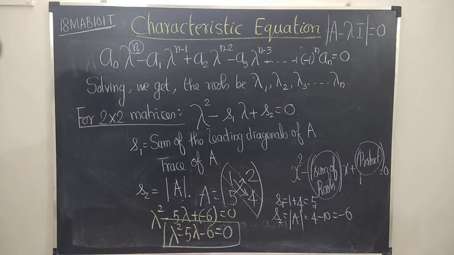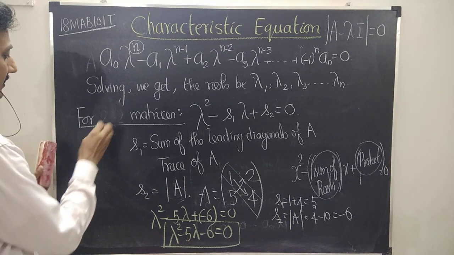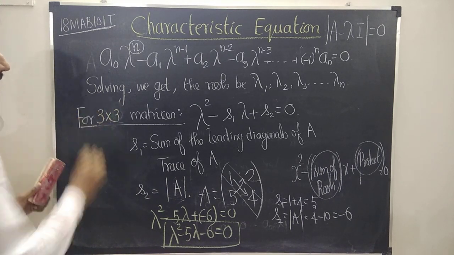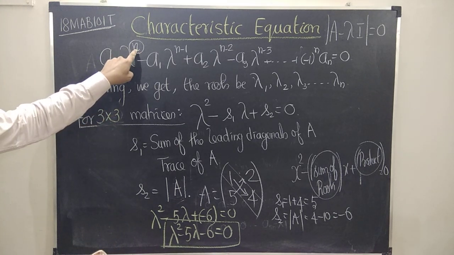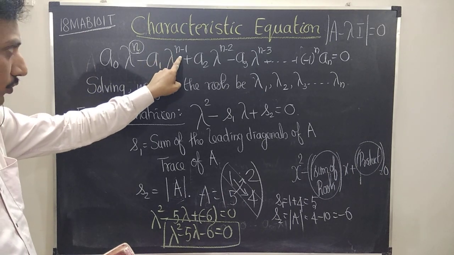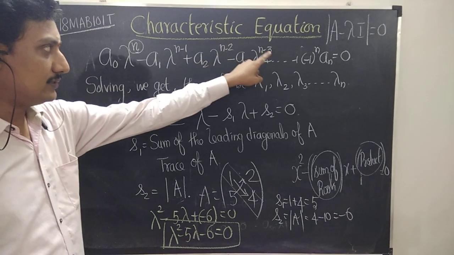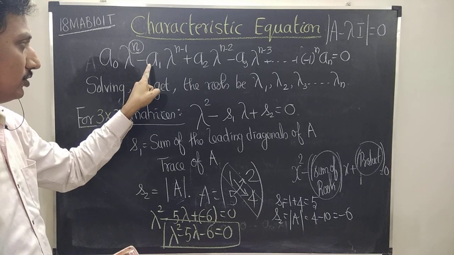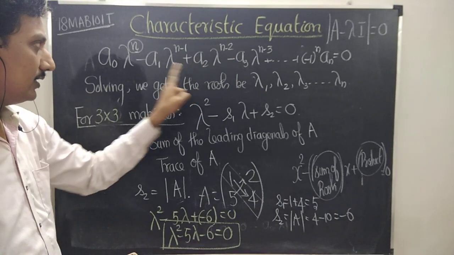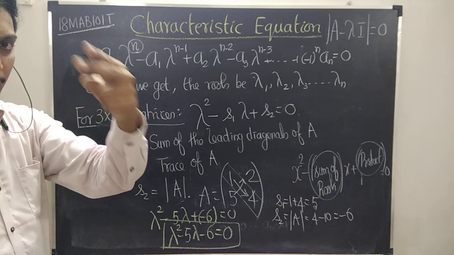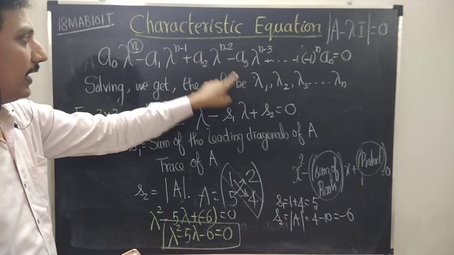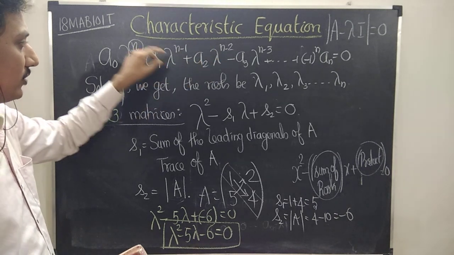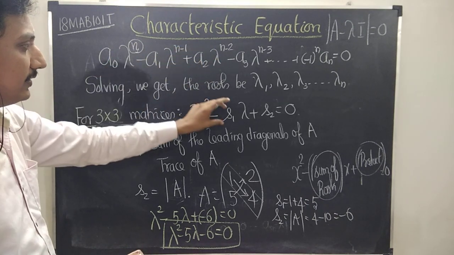Now, what about the characteristic equation of 3 cross 3 matrices? So this is a question now. 3 cross 3 means n equal to 3. N equal to 3: 3 minus 1, 2, then 3 minus 2, 1, 3 minus 3, 0. So I get 3 constants, A1, A2, A3. Here they are called S1, S2, S3. Suppose a 2 by 2 matrix, by putting n equal to 2, we get lambda squared, 2 minus 1, lambda power 1, and 2 minus 2, 0. This is a constant term. So I found A1 and A2. Here they are called S1, S2.